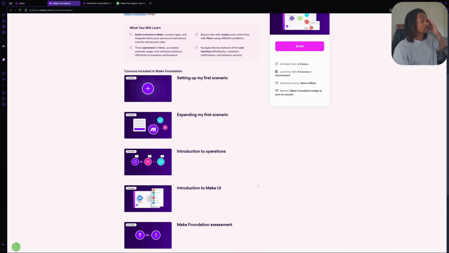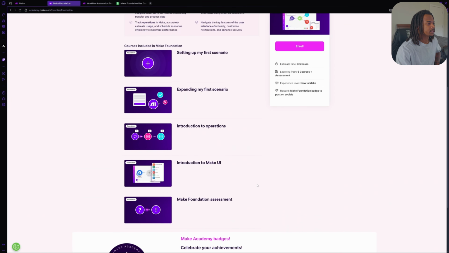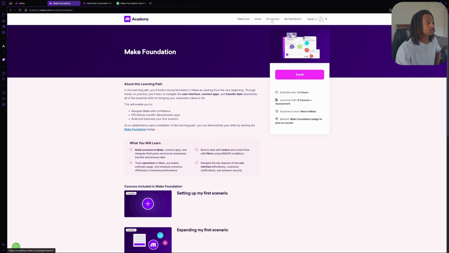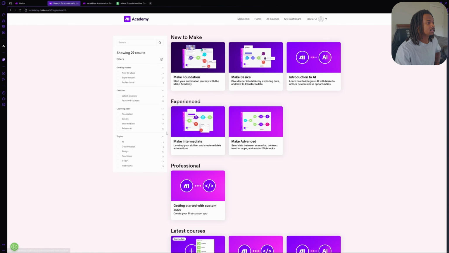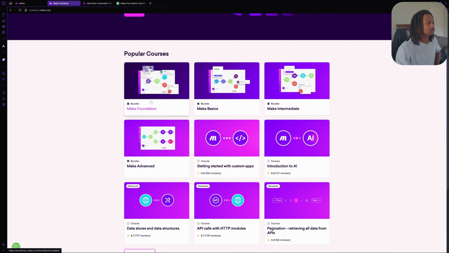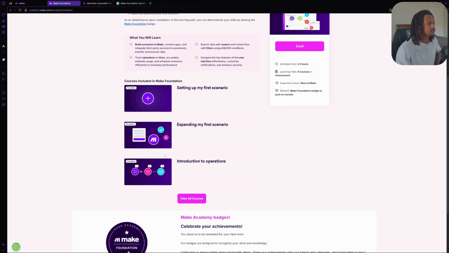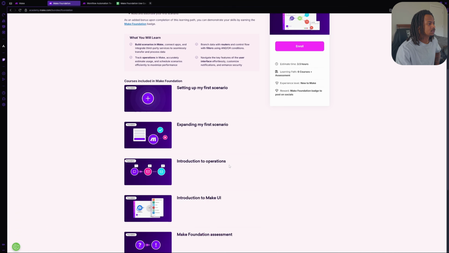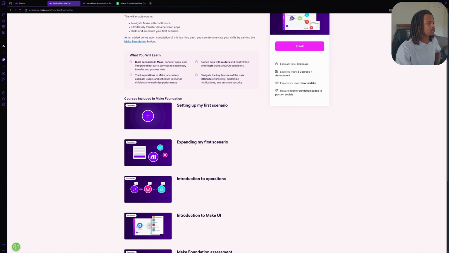Okay, so it looks like they changed the website a little bit, but it's still pretty much the same. If you go to all courses, it just kind of looks like this now. And all I did was I went to home, and then you can see the different CSS foundation, Make, basics, intermediate, advanced. That's what we're looking at here. And we're in the foundation section. And then if you scroll down to view all courses, you can see the ones that we did and